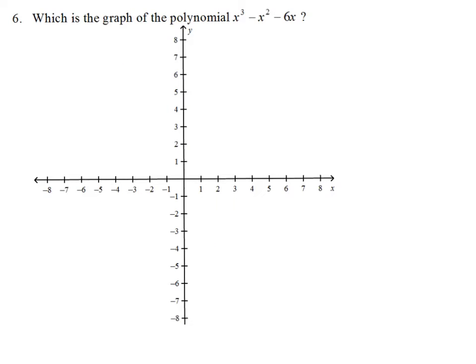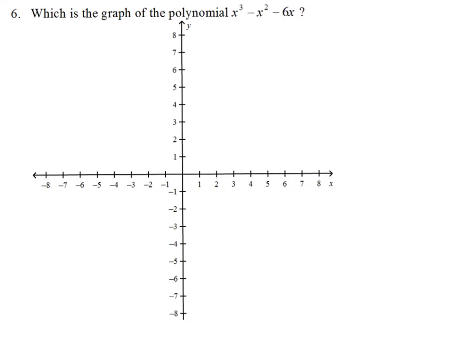Okay, so now I'm looking at the graph of this polynomial. They give me a cubic polynomial, and what I need to do first is find my zeros. So again, I'm looking for my GCF that I can factor out, and I see I can factor out an x, leaving me with x squared minus x minus 6. I'm going to break it up into the beats. I need factors of -6 that will add to -1. So I know there I need to be using a -3 and a +2,